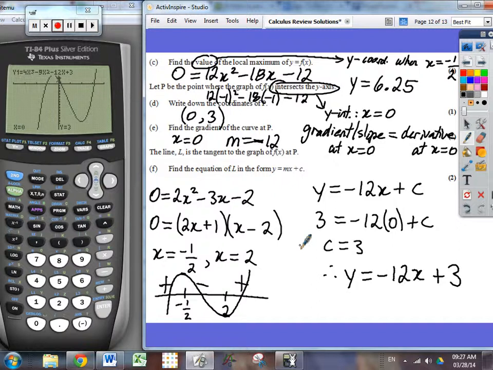Okay? Just a quick picture of that if you wanted to imagine what this looks like. When we were at 0, 3, you can see that point. It's indicated right now on the calculator, and you can imagine if I drew the slope of the tangent along that line, or if you like I can show you here, it would clearly be a negative. It's decreasing, so it's going to be a negative line. Turns out that that line will intersect the y-axis at, of course, 3, because that is a point on the curve. 0, 3 is a point on the curve, so clearly that is the y-intercept. Let's move on to